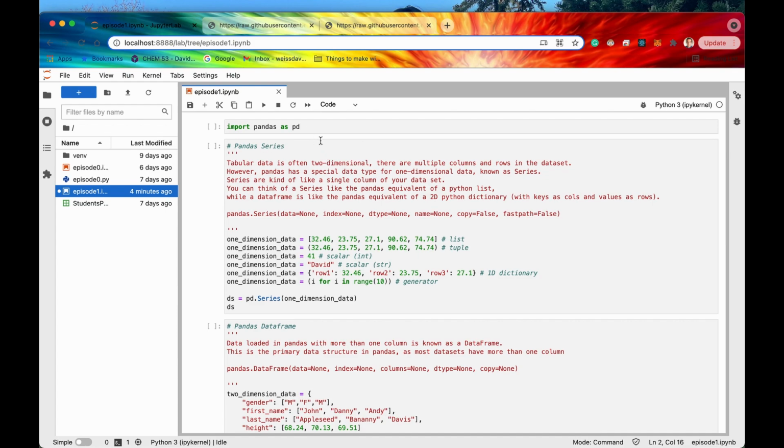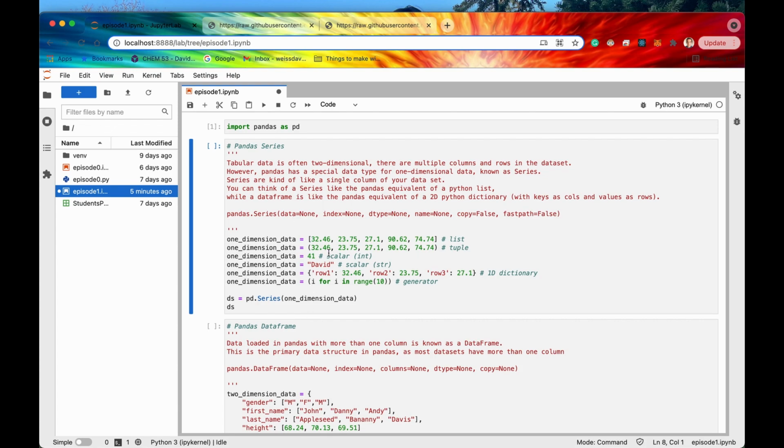So the first thing that we're going to do is run this top cell up here, import pandas as pd. Again, whenever we import pandas, we generally give it the name pd. That's just very customary whenever you are using pandas in your Python file. So let's run this up here, and that is going to run. All right, so now we have imported pandas within our Python file, and we can use it with the rest